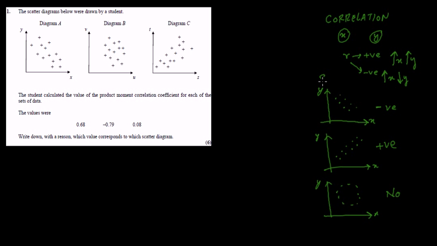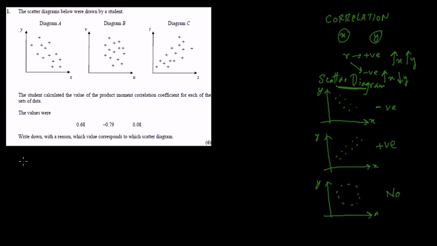So this is a scatter diagram, and the scatter diagram gives you an idea about the correlation. It also actually gives you an idea about regression, but let's not talk about that. So here,